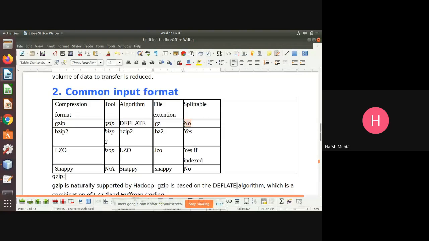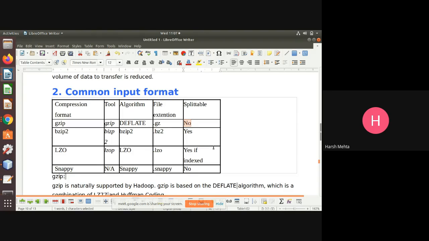Why splittable? When we put data into HDFS, the data will be split into block size. What is the block size? Let's say 64 MB.